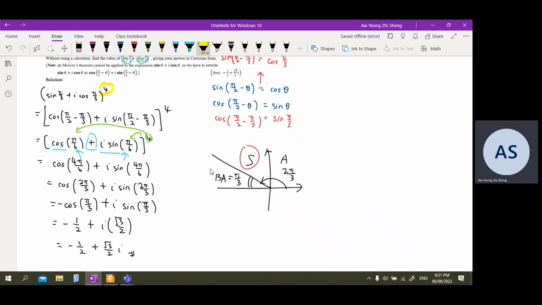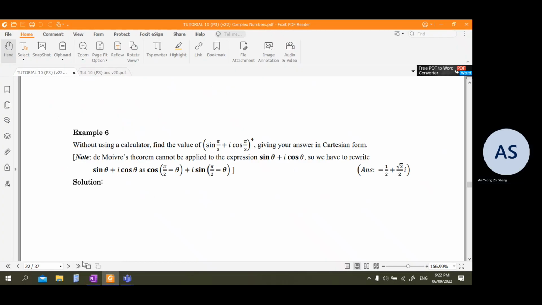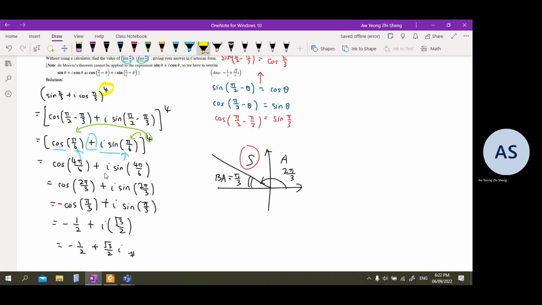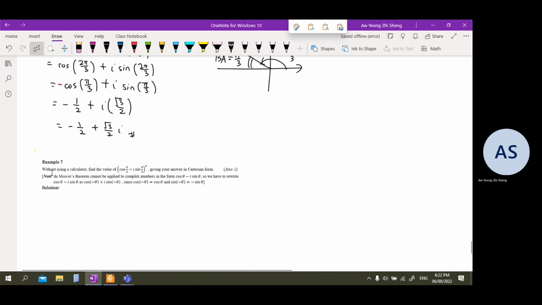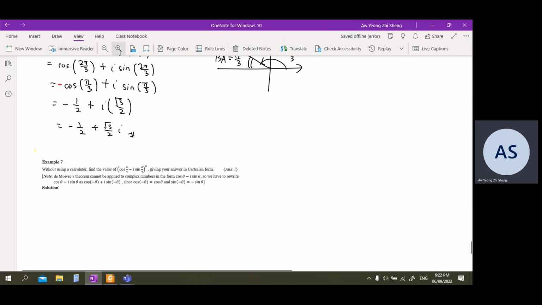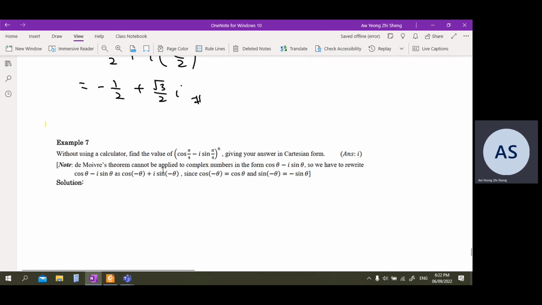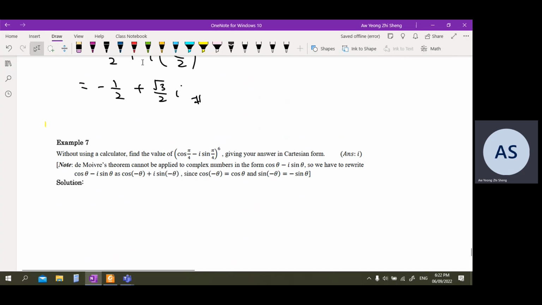Okay, now let's go to example number 7 on the next page 23. Without using a calculator again, find the value of cos pi over 4 minus I sine pi over 4 to the 6, and give the answer in Cartesian form. And so